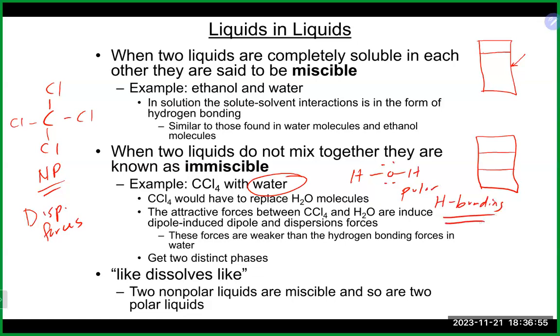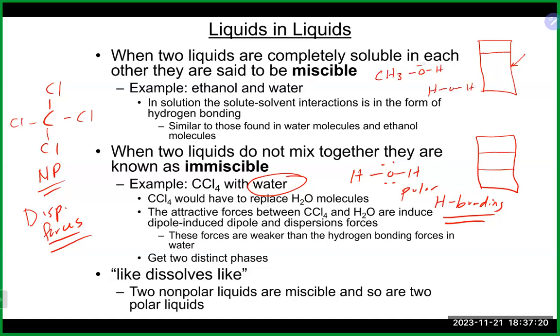So again, we have two very different ways in which they want to interact with each other. And that's going to mean that over a long period of time, they're just not going to stay mixed at all. So they are going to separate out. And that again is why we see the different layering that's going to happen, as opposed to if we took something again like methanol and water,